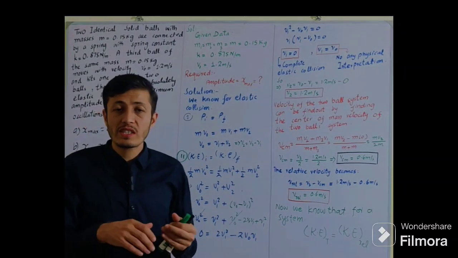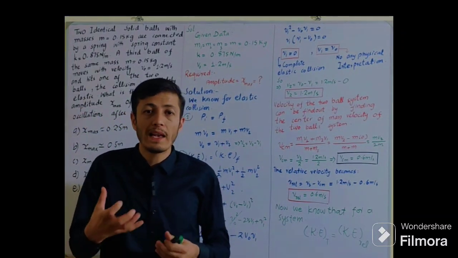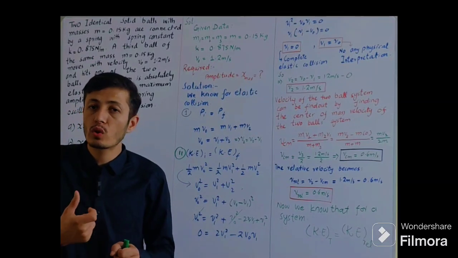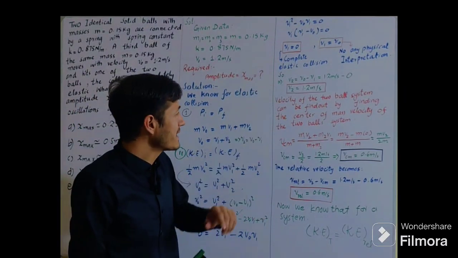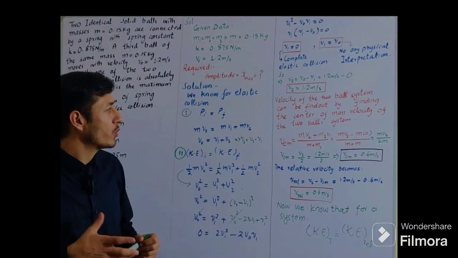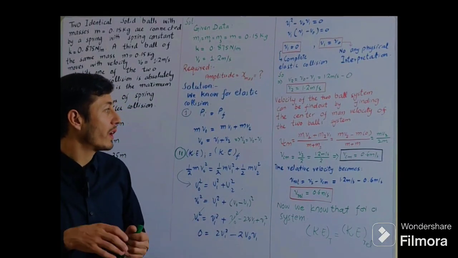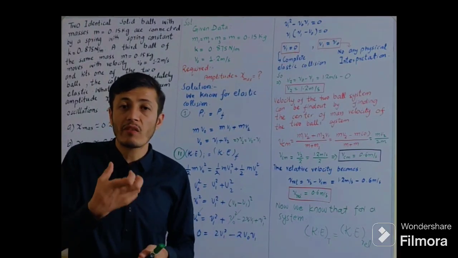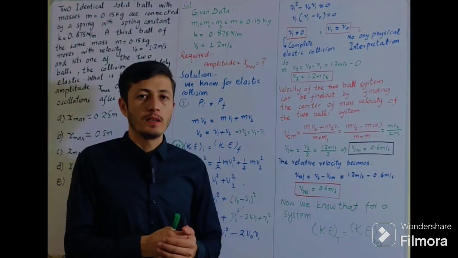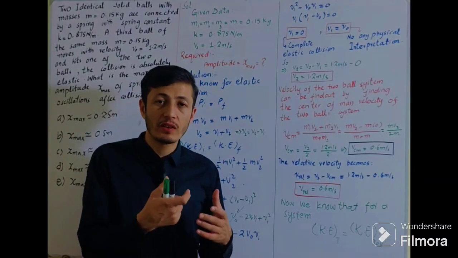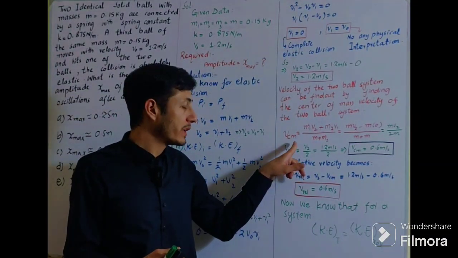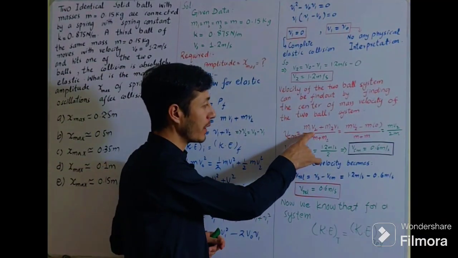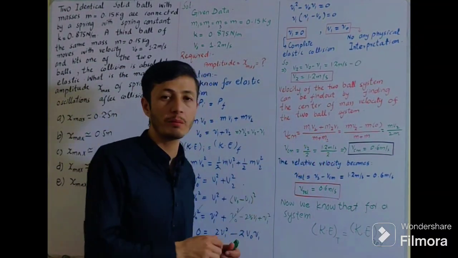Now first we have to find the velocity of the two ball system. From that velocity we can find out the amplitude of the system. The velocity of the two ball system can be found out by finding the center of mass velocity of the system. Now the system velocity will be equal to the center of mass velocity of the system. The velocity of the center of mass of the two body system can be found by the center of mass formula, that is velocity of center of mass is equal to (m1 v2 plus m2 v1) divided by (m1 plus